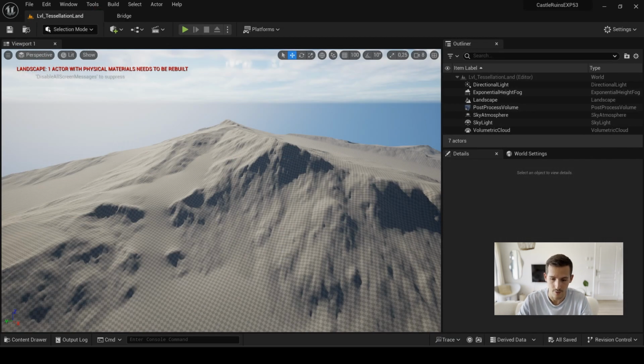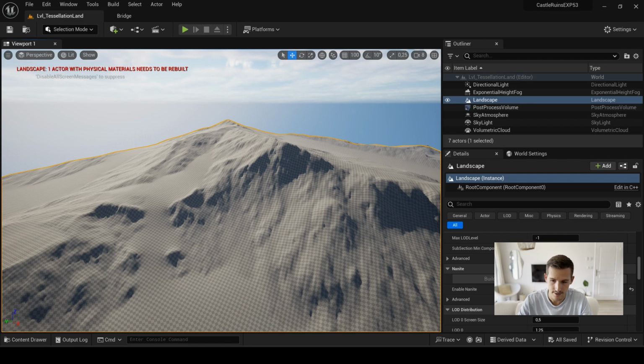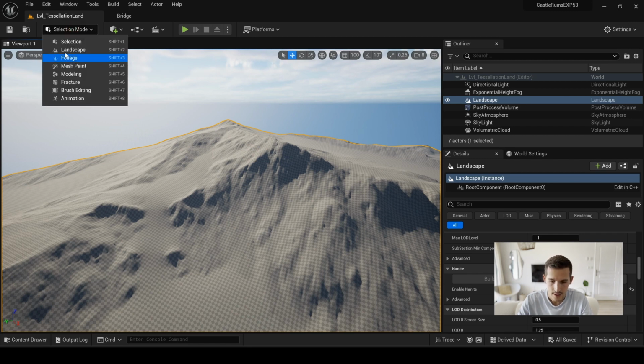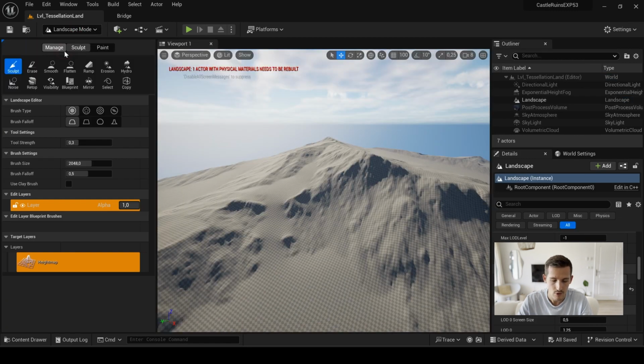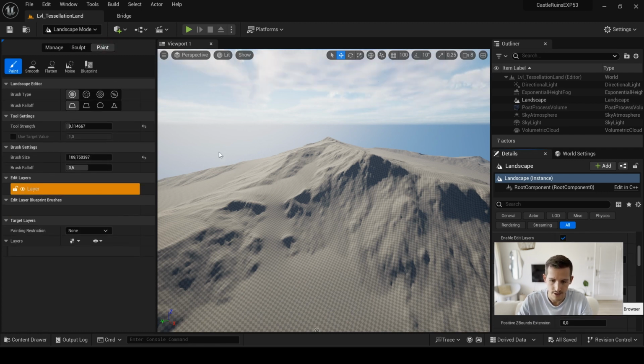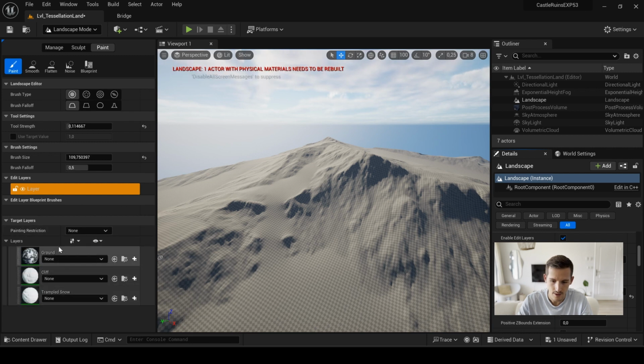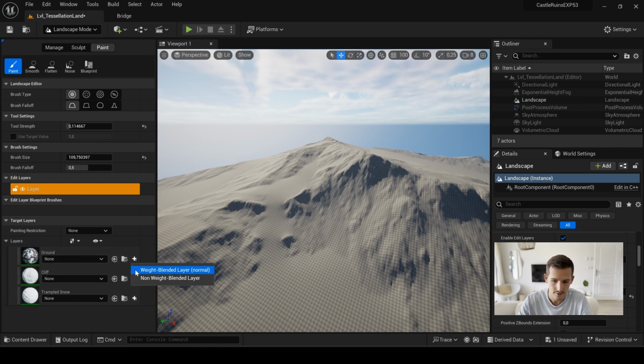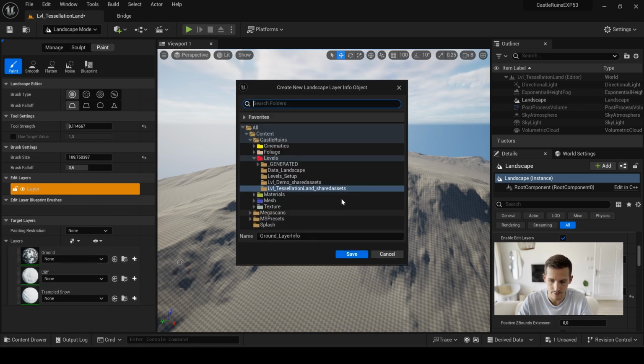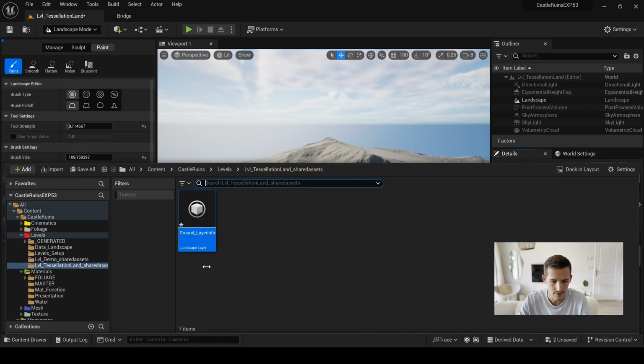Now everything is in order, you can create a material instance from this material, and we can go to landscape mode and choose the paint mode. Assign the material instance to the landscape, and you should see layers appearing on the left. To activate them, click on the plus icon to create layer info and choose Weight Blended layer normal.